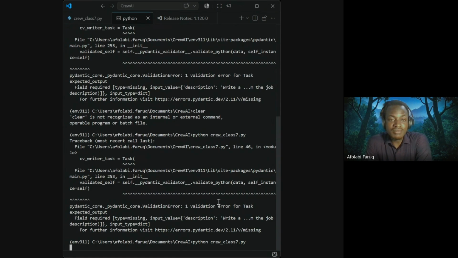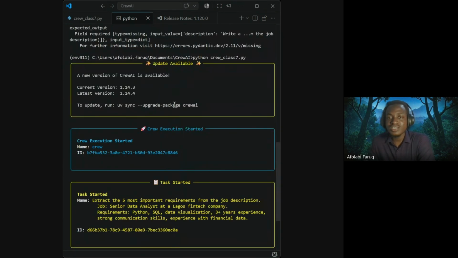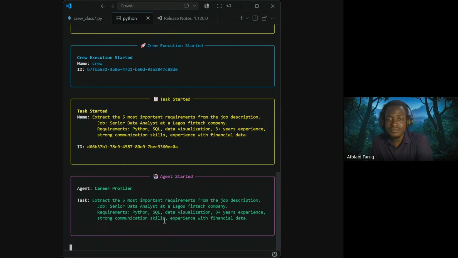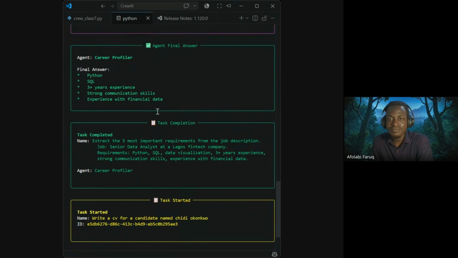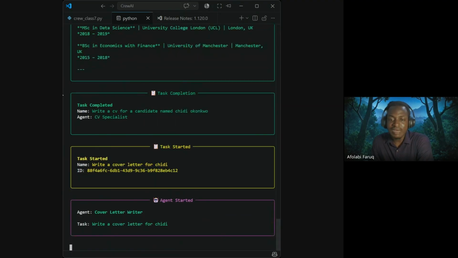Don't mind the errors, those were some typing errors we had there. Okay, so you can see the agents are started. You can see the task was for job requirements from the job description, and that task completed. These are the important job requirements: Python, SQL, 3 years experience, strong communication, experience with financial data. That has been passed to the CV writer now.